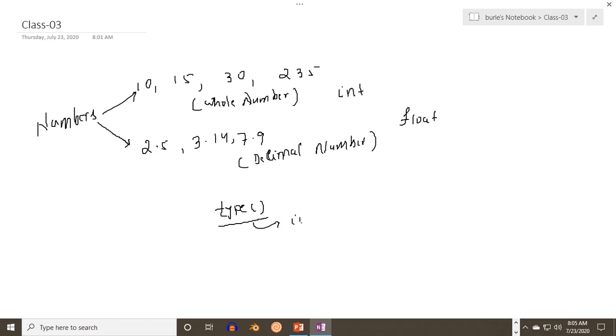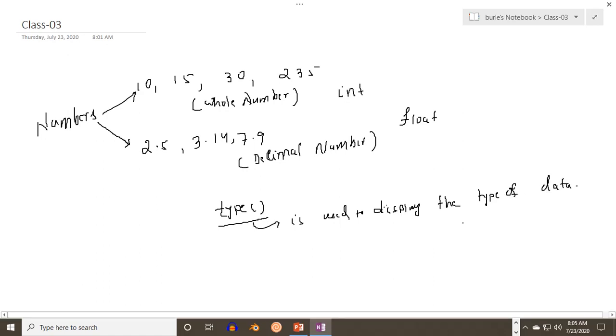So the type function is used to display the type of data. For the time being, we will know the syntax as type, and within that we will provide a value.